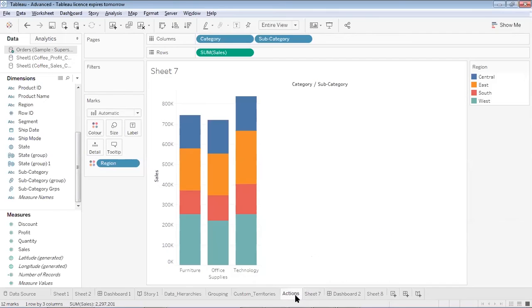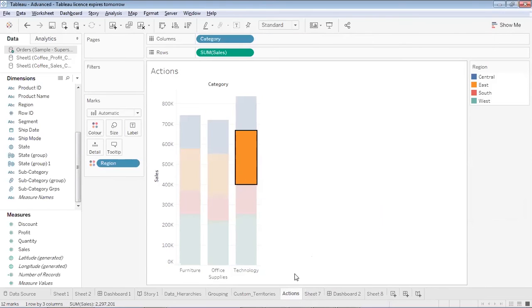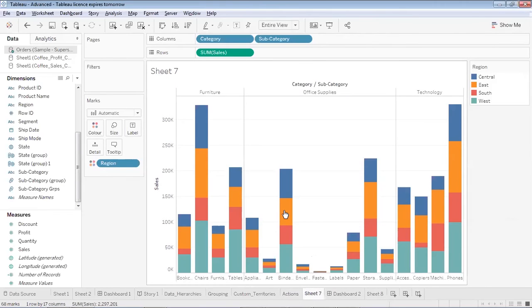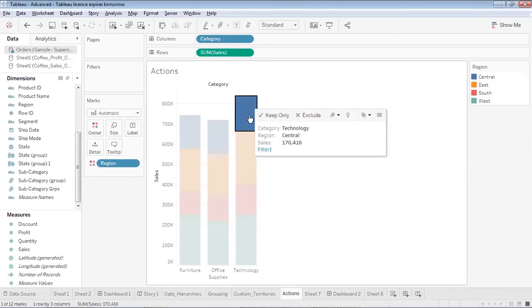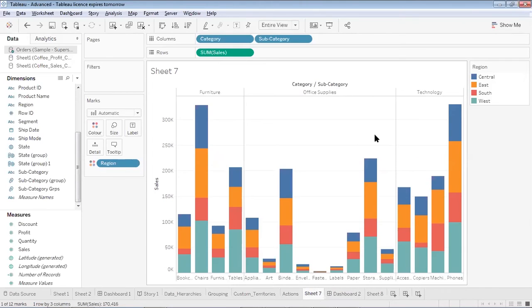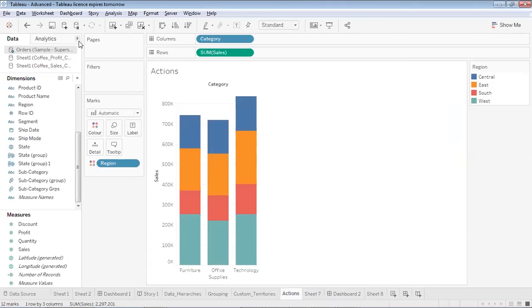As of now, whenever we select any value over here, it has got nothing to do with the values over here. There is no change in sheet 7 corresponding to any change in the action sheet. Once we apply action highlights on this, there will be a relationship established between the two sheets, and you will see that whenever I select a value in this sheet, a few fields are highlighted in this sheet. So without much ado, let's move to the action.